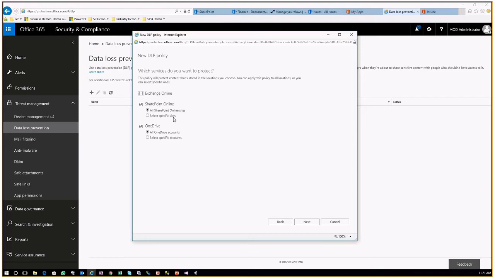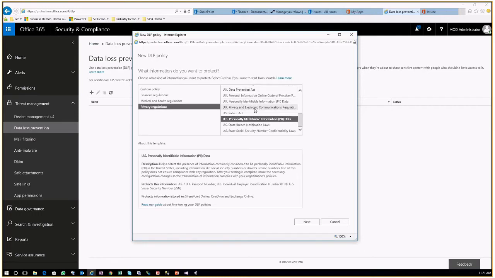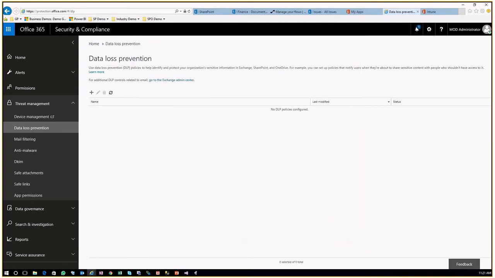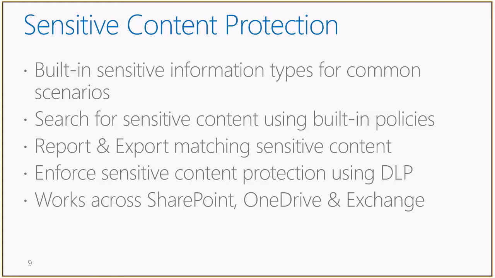And the same filters here can also be used in conjunction with search. So not only are you setting up a DLP policy, these policies can also be used to cast a wide sweep over all of your content and try and find if you've got any offending documents. And if you do, if you find some content that's breaking some of those rules, you can choose to just